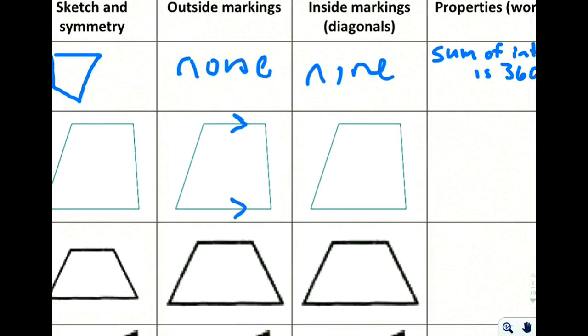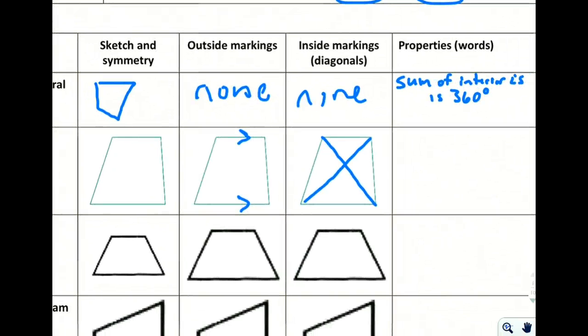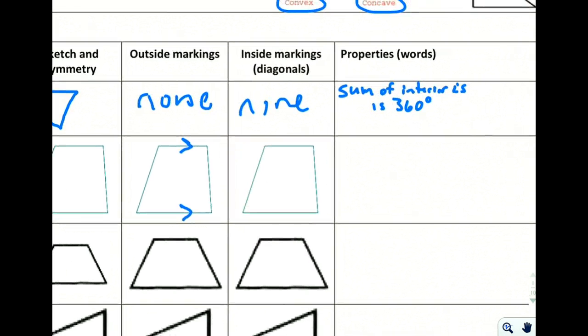Now, the diagonals of a trapezoid don't necessarily do anything special. They'll cross, but we don't really know any special relationships about that, so we're going to just leave that blank for now. And then properties, if we were to put those to words, we're going to say that we have